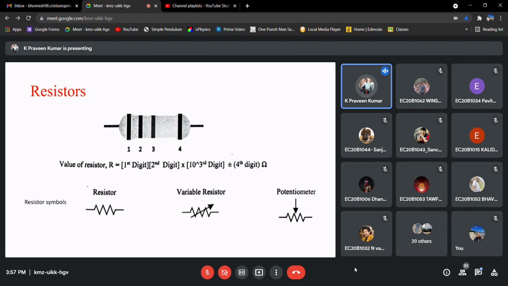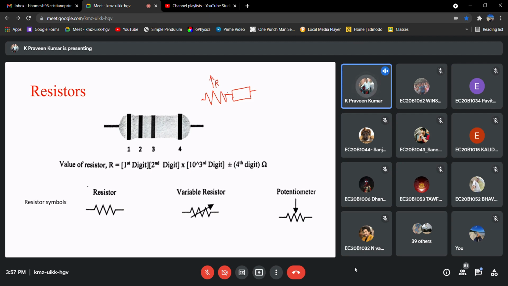I think you are aware of that. So let us say I have some device here and I want to reduce the current flowing through it. Then we'll place a resistor in series such that the resistance is larger.